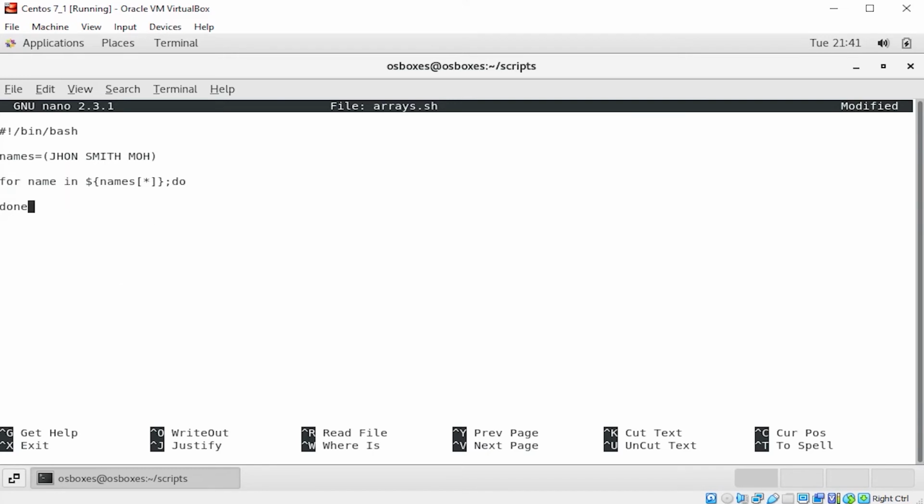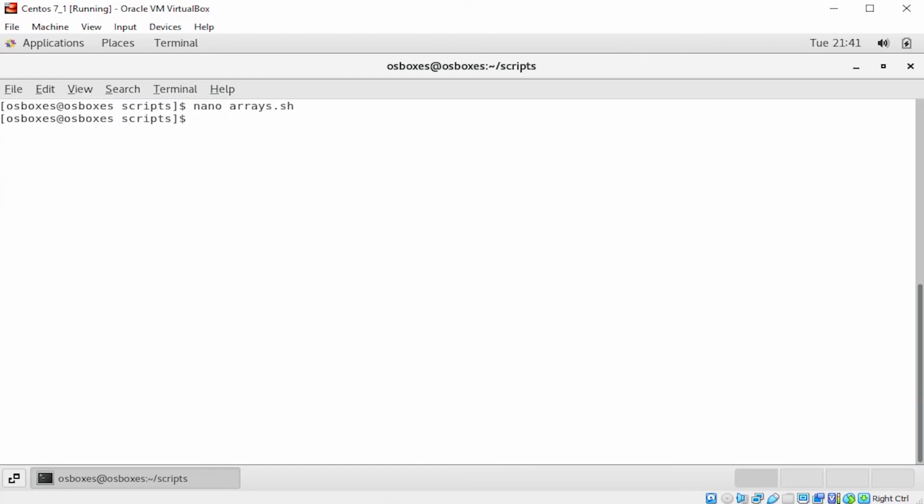Inside the for loop, we can do whatever we want. Here we can echo, for example, the name. The first iteration will show John. The second iteration will show Smith. The third iteration will show MOH. Let's just run this script so you can see it for yourself. As you can see,